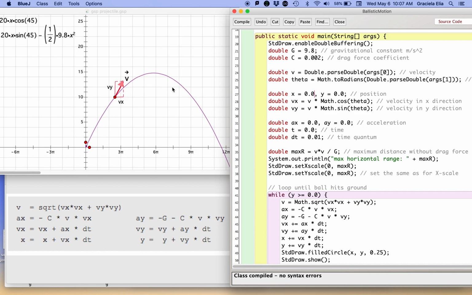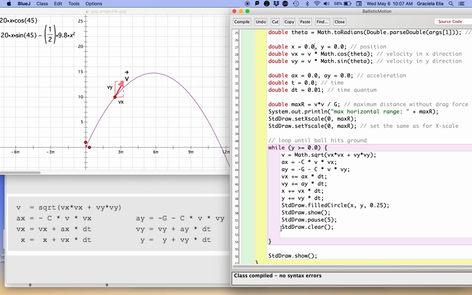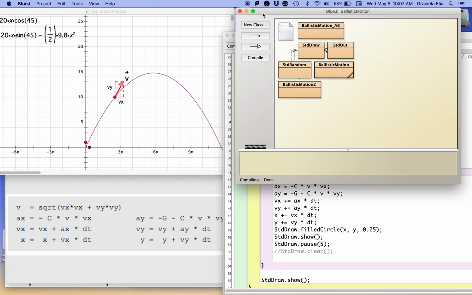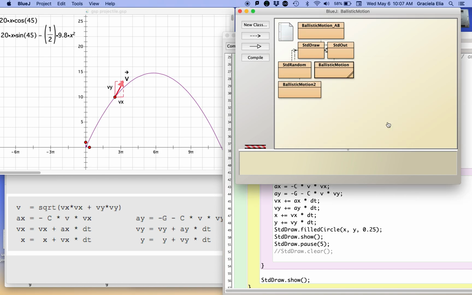When you draw it, if you remove the clear over here, and let's do that, I'm going to remove the clear. You will see that the curve is going to look pretty much the same as this one. Let me compile. I'm going to use 20 and 45 because the other one looks ugly, and I will tell you why that one looks ugly in a moment. So if we let this run,